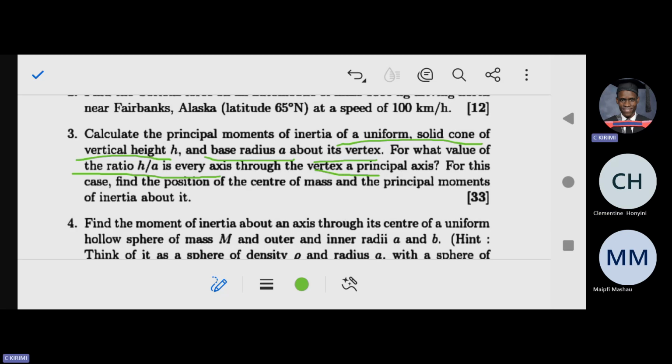For this case, find the position of the center of mass and the principal moments of inertia about this center of mass. So in other words, we just want to find the principal moments of inertia about this center of mass. So remember, a center of mass,